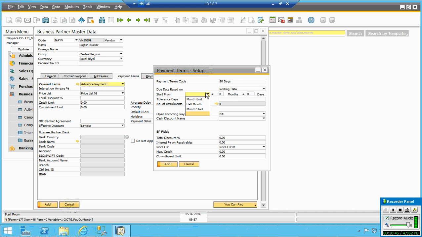Then we have an option here: month end, end of month, month start. If you are using these three terms, be very careful about it.